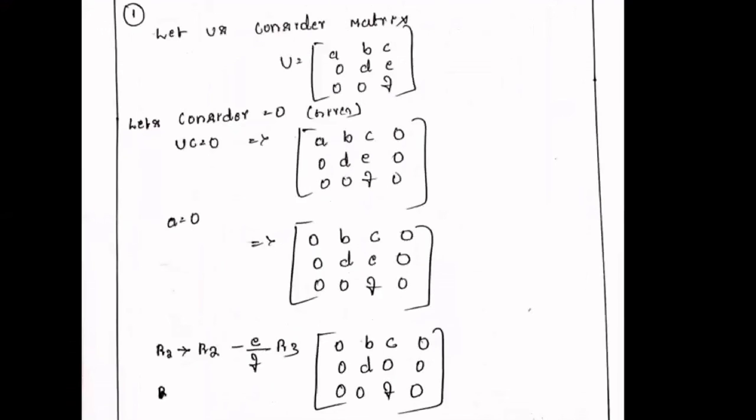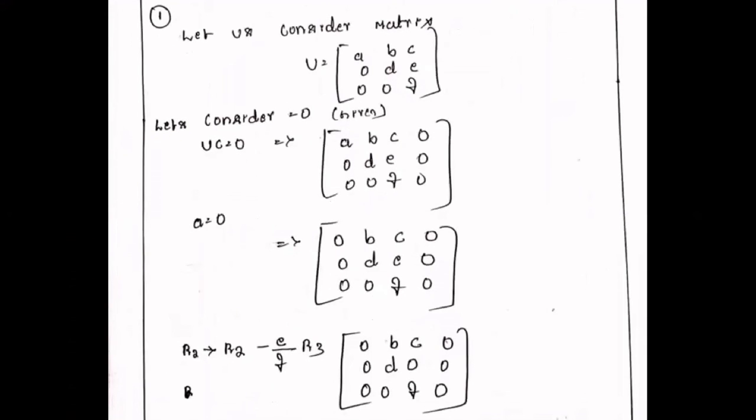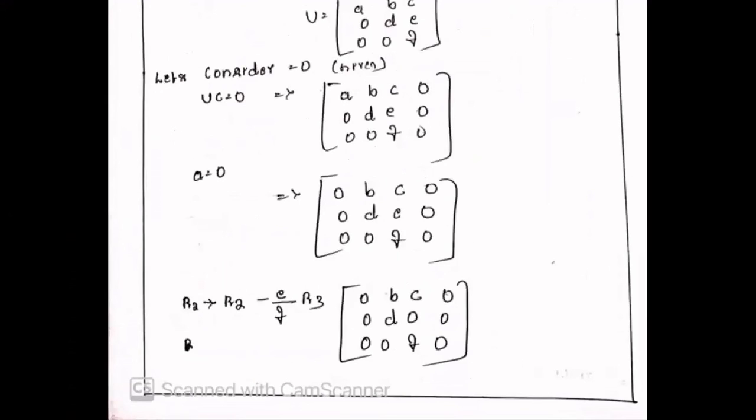So what is the best way to do it? First I'll tell in brief what I did. I considered the same in the augmented matrix format, and substituted A is equal to 0. If you substitute A is equal to 0, what are you left with? These terms, right? So this is what we got. This is one of the tricks. If you know this, you can reduce any matrix into echelon form.